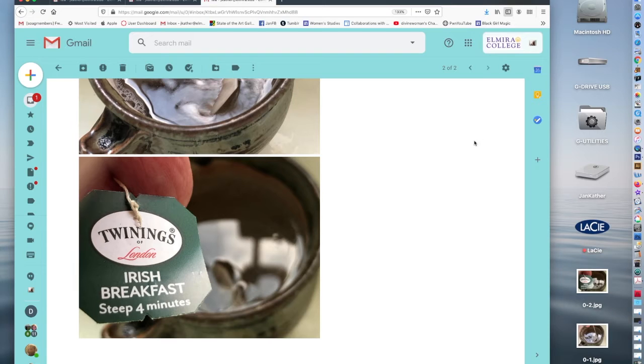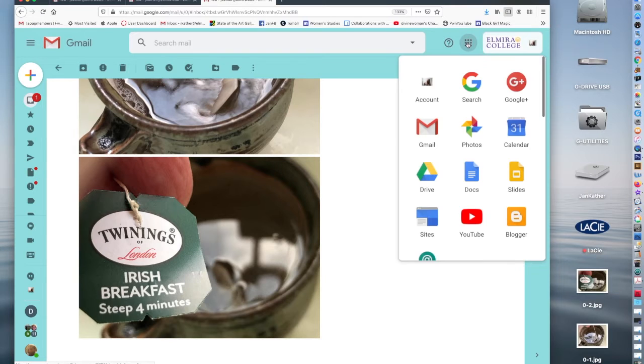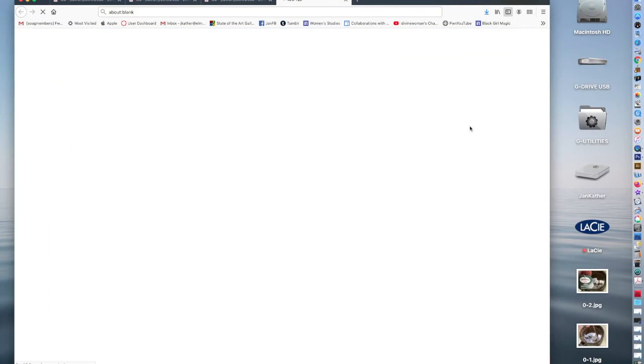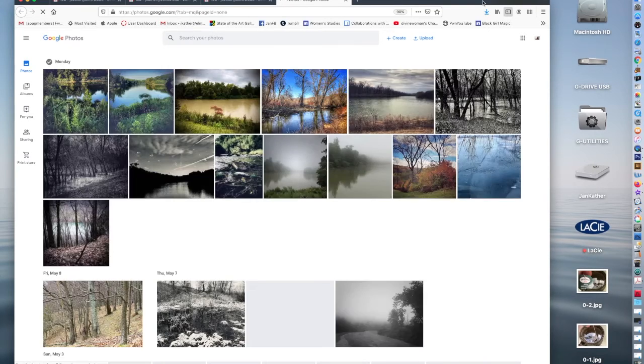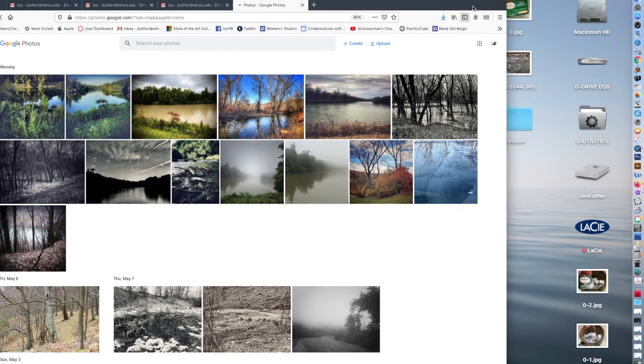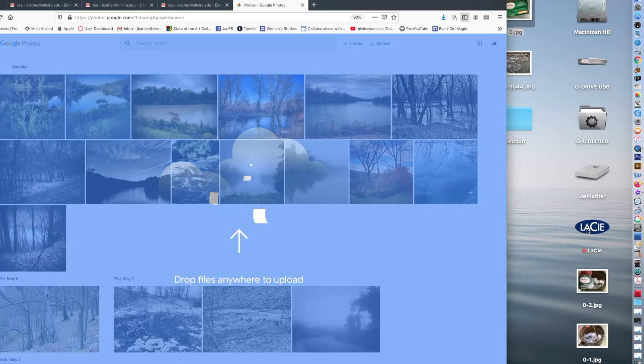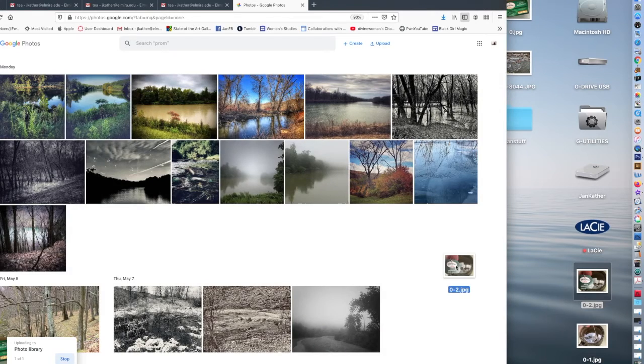Now to get to Google Photos, and remember in your email you have these 9 dots, this is if you're looking at the desktop. Otherwise you can just go straight to the pinwheel that is Google Photos. Again, in the same way that I dragged off of my email, I'm going to drag these straight into Google Photos. So we'll just do 1, 2,